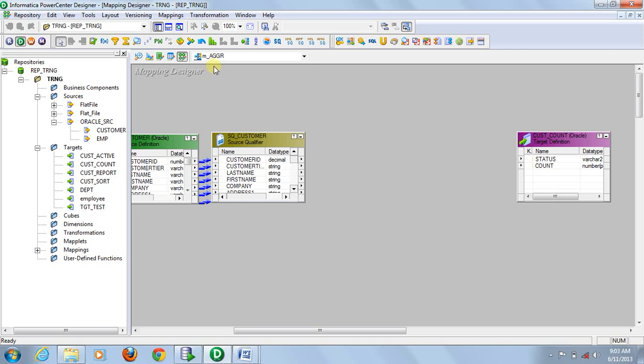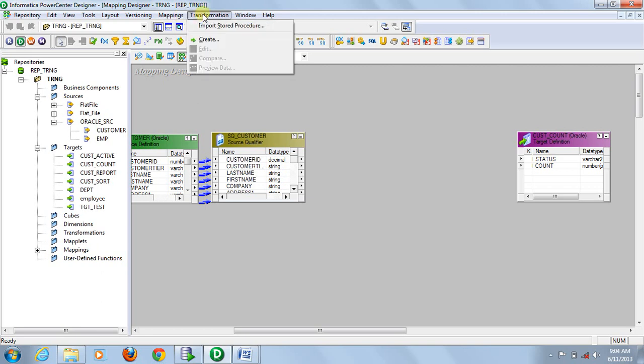If you use a sorter, the data aggregation will be done more quickly than without using a sorter. So here I am not using any sorter because in my case record volume is very less, so I am using direct aggregator.